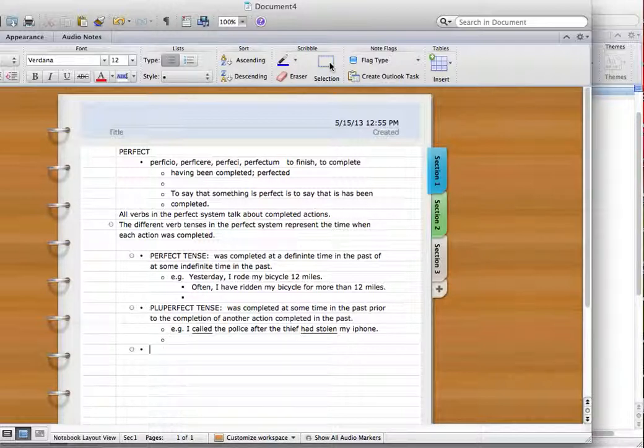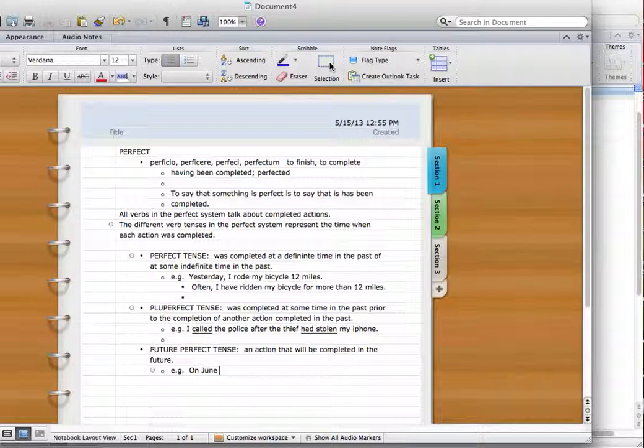The last tense that we will be learning about in the perfect system is the future perfect tense. The future perfect tense is just what it says it is. It is an action that will be completed in the future. It's kind of mind-boggling to think about that, but actually we use it quite frequently in English. Anytime you have the verbs will and have together in front of an action verb, you've created the future perfect tense. For example,